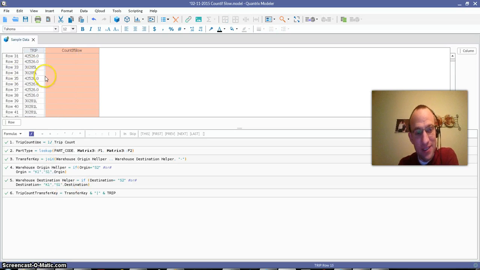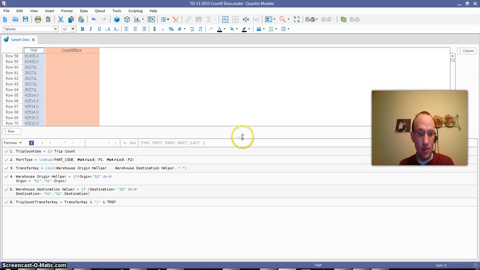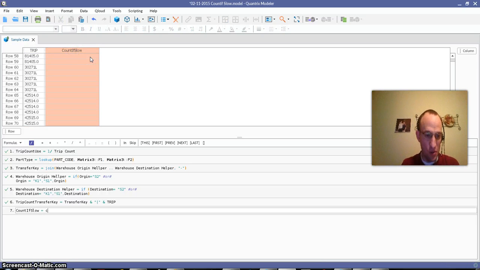And I realized that I could use a data link and I could create this as a category and that would probably tell me pretty quick, but I needed to keep it within the same matrix. So what I did is I said, well, I'm going to use the CountIf function. So I'm calling this CountIf slow. So I go CountIf,